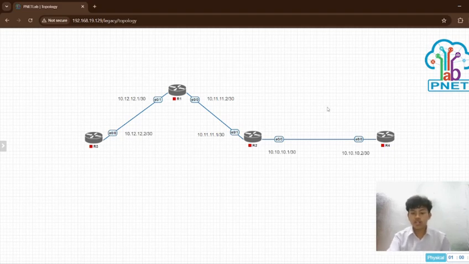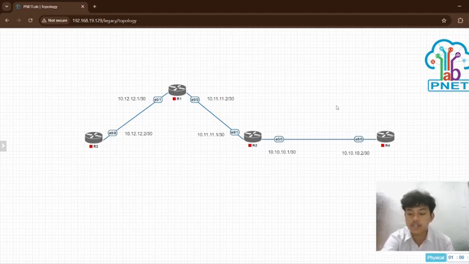Through this tutorial, I will explain what a route reflector is, why it is used, how it works, and how to configure it step by step. Make sure to follow each part carefully so that you can fully understand the concept and apply it in real network scenarios. Let's begin.